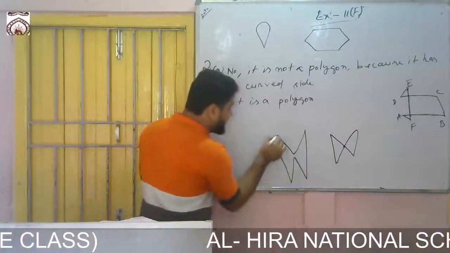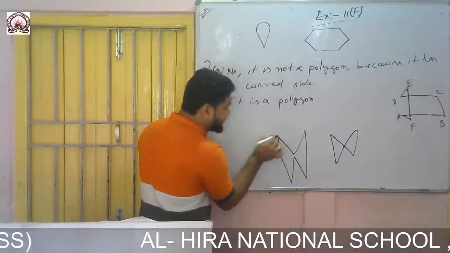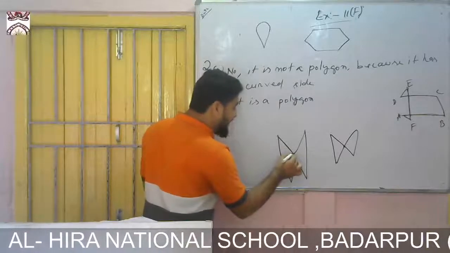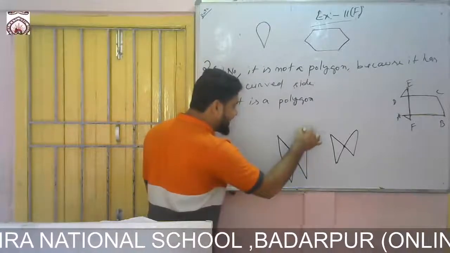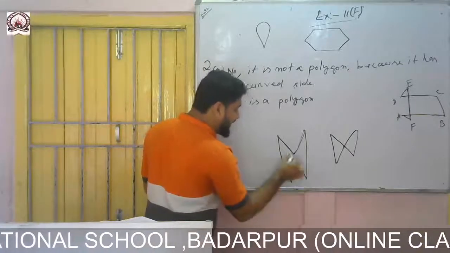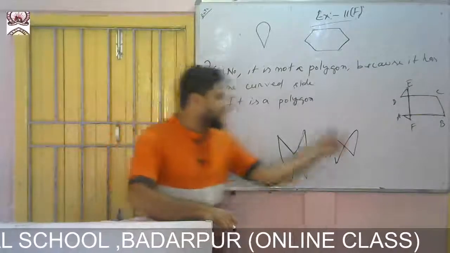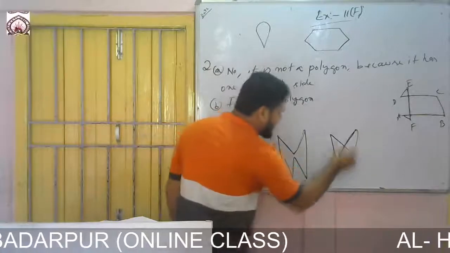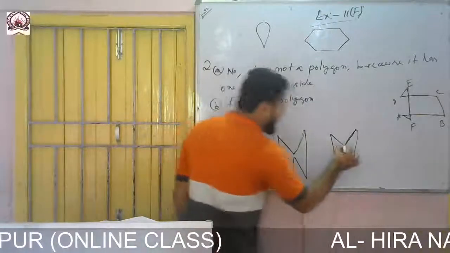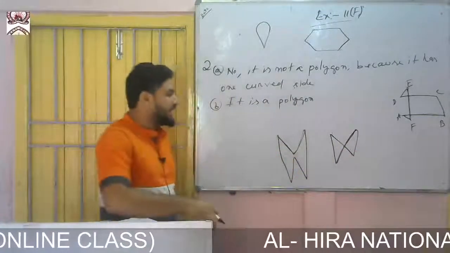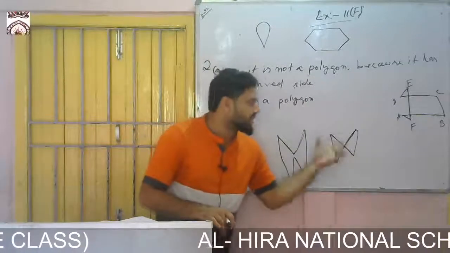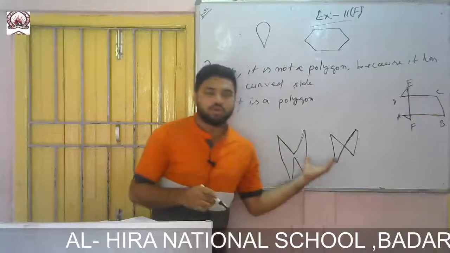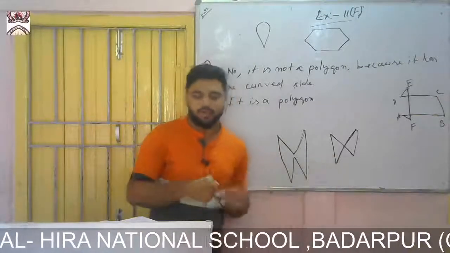You see, if I say this one is the starting point of this line segment, this one is its end point. Again from this end point another one started, again from this end point another. So they are just joining with their end points. But here, this line segment and this line segment are meeting at one common point rather than their end points. So it is not a polygon. In this case also we should not say that it is a polygon.